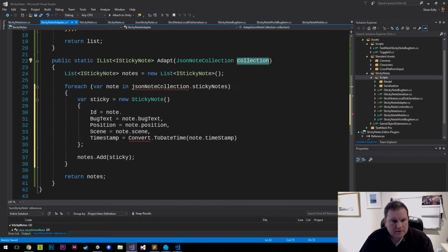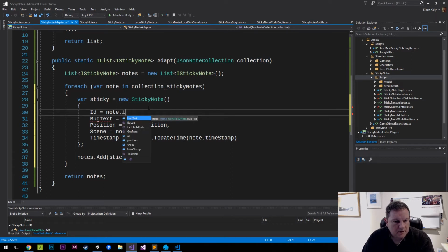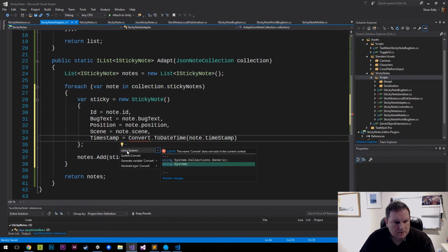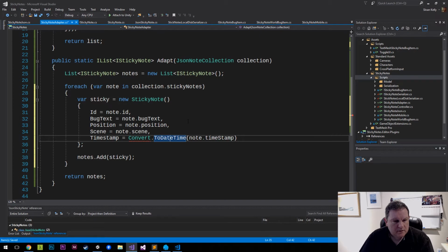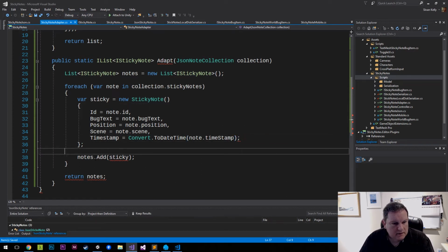That's going to be collection.id, and we need to do a using up here, convert, and that's going to convert that to date time, and then that's going to be .ToLocalTime. Yeah, I think that's okay. So let's just leave that just now, and then that's going to add to